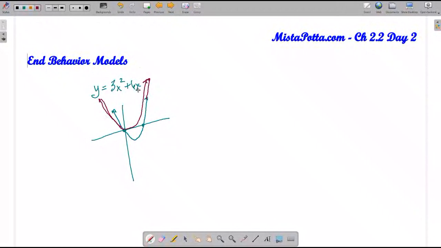This actual 6x doesn't mean that much in the grand scale of things as x goes to infinity. So the question is, do I have a linear behavior or a quadratic behavior or a cubic behavior as x increases without bound? So this is my idea for the end behavior function. And so what we notice is that in general,